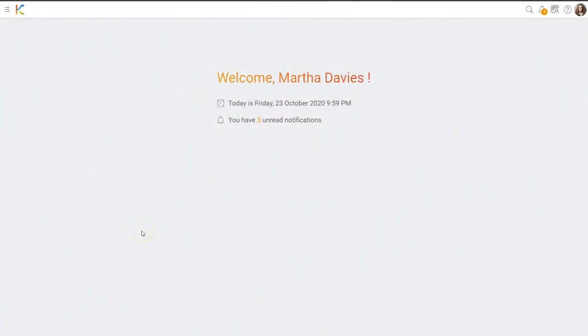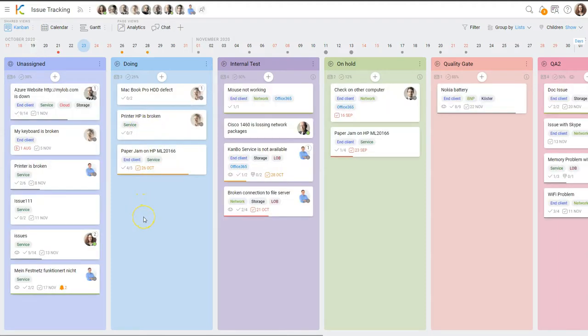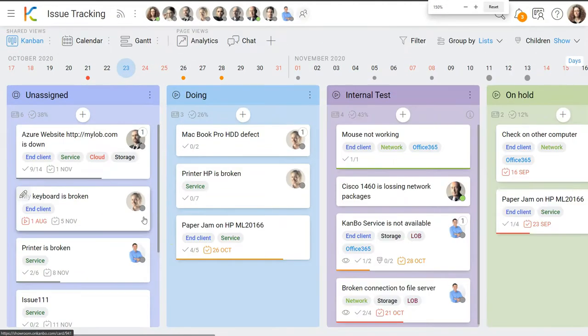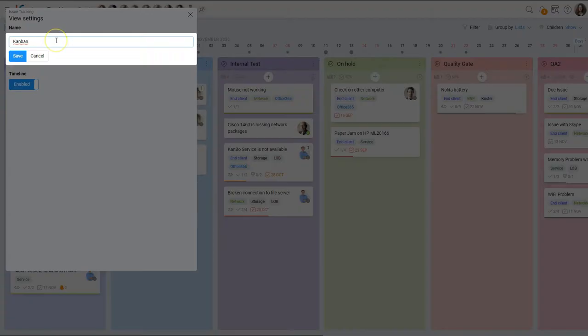In this version, there is a new concept of board views in boards, and this is how it works. First, we navigate to the board. Here, in this new bar, you can see the different views that we have. You can create as many views as you and your team need. For a better understanding, you can give names to your views to indicate what purpose they are.